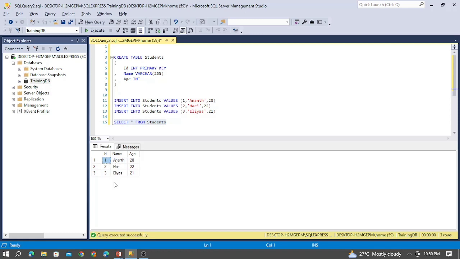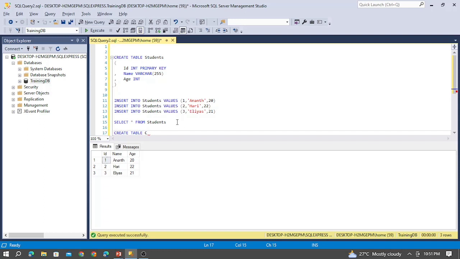There are no other members with the ID 1. There can be duplicate names, but the ID can uniquely identify the students based on the primary key. We can do this. Let me create another table,